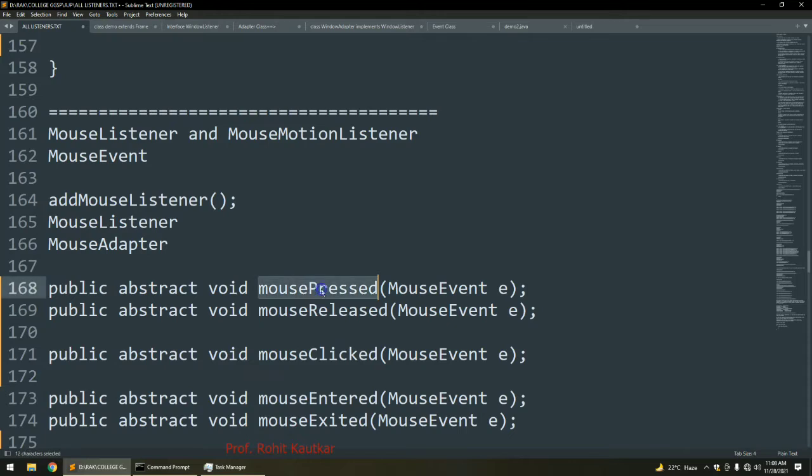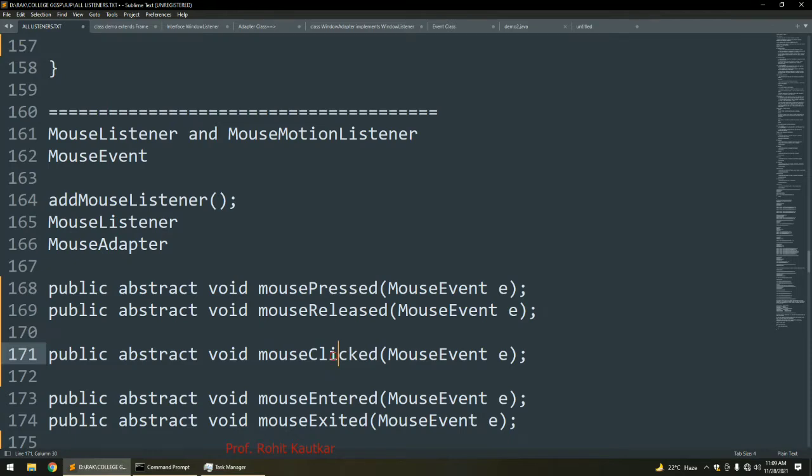Mouse press: whenever we press the button of our mouse, the mouse press event will occur. Whenever I release the button of my mouse, the mouse release event will occur. Then mouse click. How is mouse click different from mouse press? Mouse click is basically the event which occurs whenever you press and release.